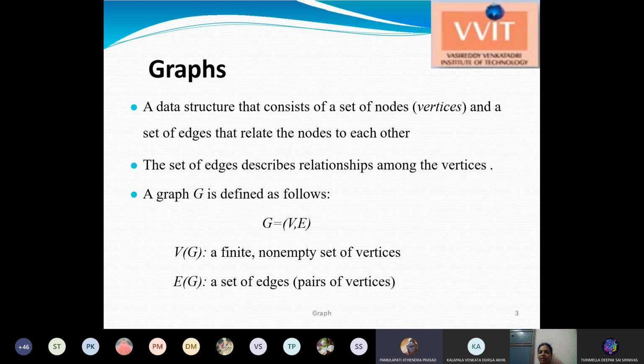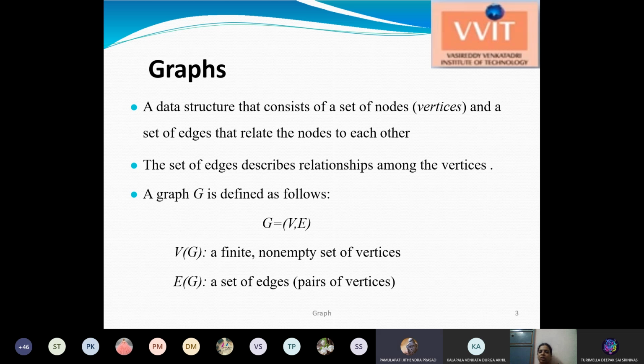If you draw the opposite line as well, like two arrow symbols, that is a two-sided arrow symbol, then you can say that the first point is interacting with the second point, and the second point is also communicating with the first point. Both have an equal relationship and equal significance. So like this you can specify the edges to specify the relationships. If you draw a line from the same point back to the same point, then it specifies that there is no moving to another point. The same point is moving to itself in a circular direction.